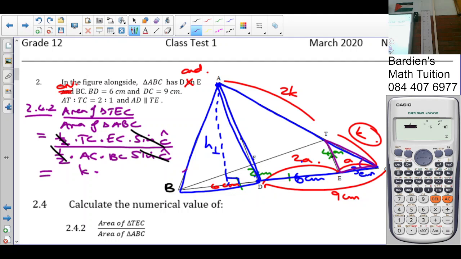The length of EC we worked out to be 3, or I could have said A, over the length of AC, which is 3K, times the length of BC. Since I used 3 here, I'm going to use the length, which is 5. If I had written A here, then this length would have been 5A. Okay. So what do we get here? The K's of course cancel, and the 3's cancel. So the answer is 1/5.